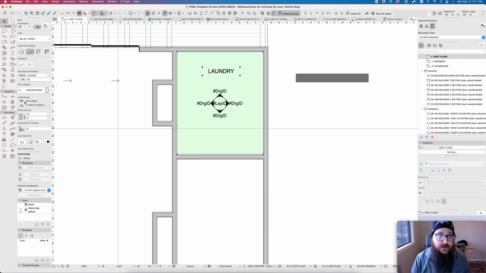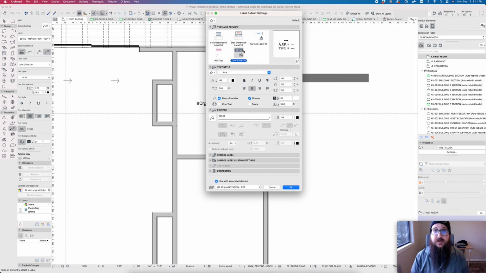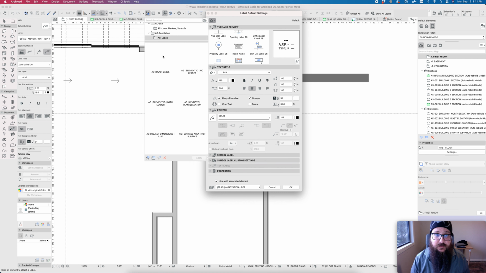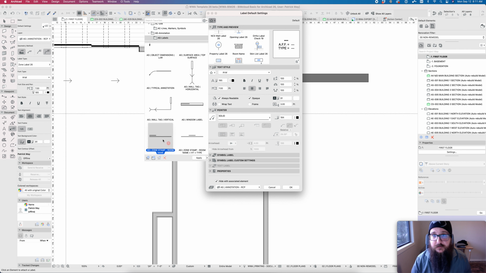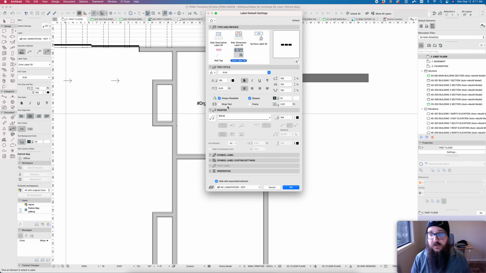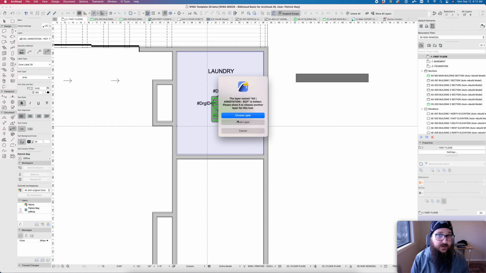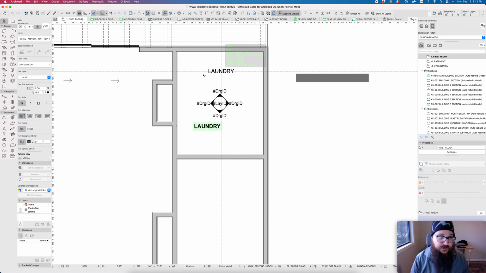The reason for that to be hideable is because we oftentimes will want to use a label so that our reflected ceiling plans can show that zone in a different location. If I look at my label tool here, I am going to see a zone stamp room name only option. There are additional ones for ceiling height and things like that that we can add to this zone stamp for the reflected ceiling plan. If I tab through until I highlight the zone, then I can, let's say show layer, have a zone stamp that matches,